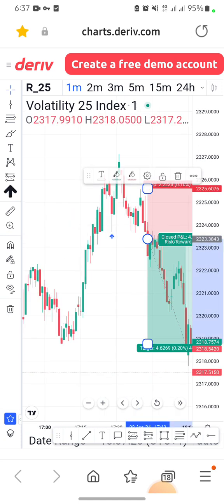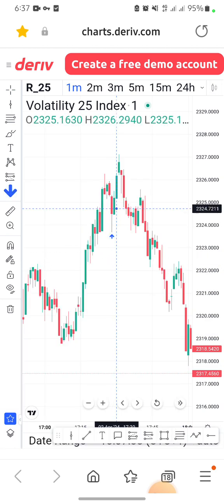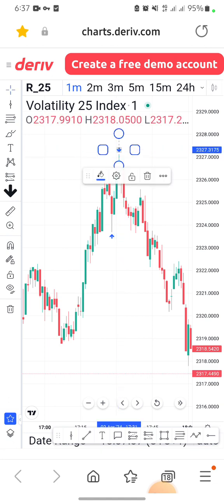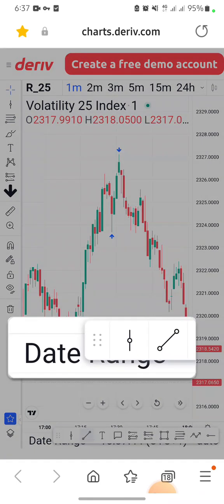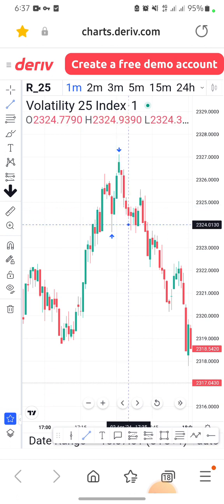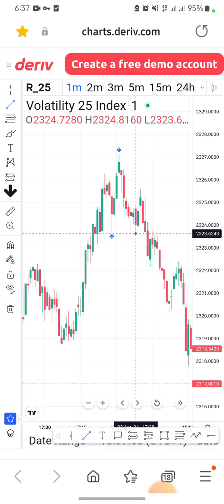Okay, let me delete this. A short-term low to a short-term high. Yeah. So now we have another short-term low, short-term high. If we look at it very well, we see that after this short-term low, we still have another low here. After this low, it's not broken with displacement. We still have another low again. So we are going to use the last low, which is this low here,